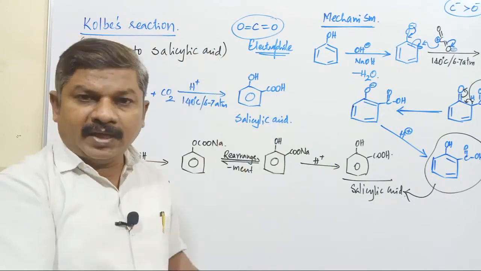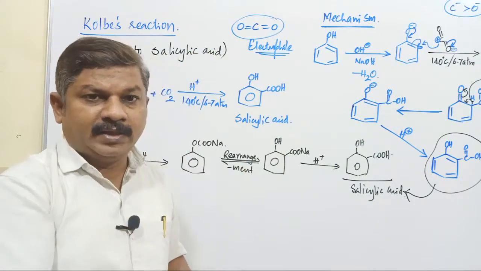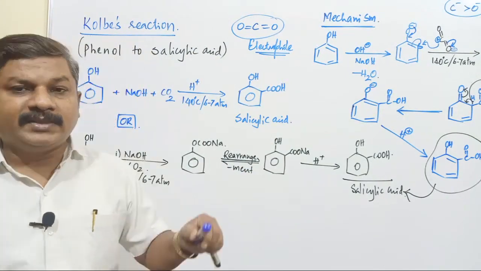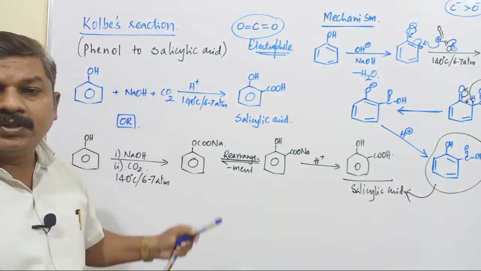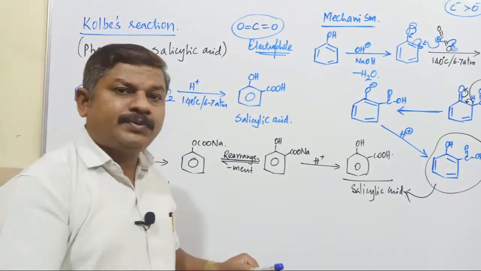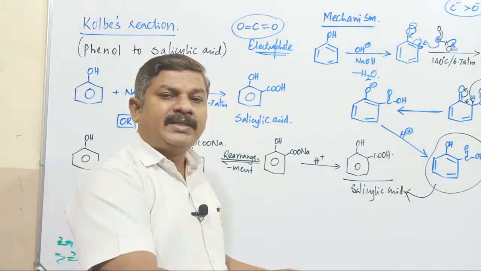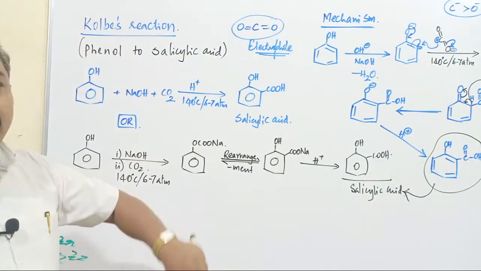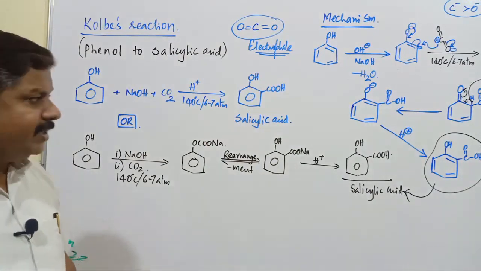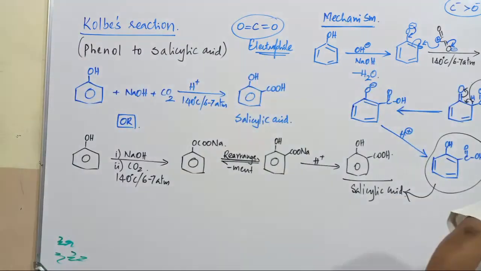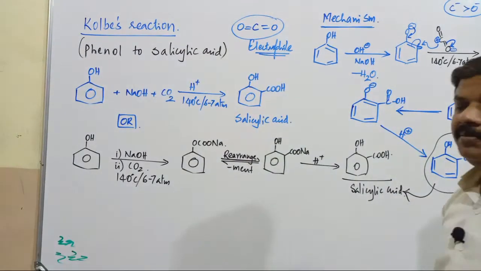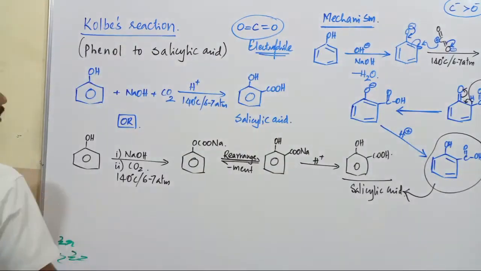You write any reaction for the conversion of phenol to salicylic acid. If they ask for the reagent, if it is CCl4, you have to go with Reimer-Tiemann reaction. If it is carbon dioxide, then you have to consider what? Kolbe's reaction. That is the difference. Simply, if they ask to explain the conversion of phenol to salicylic acid, either you can go with this reaction or you can consider Reimer-Tiemann reaction. But if the reagents are found to be this one, it is Kolbe's reaction, and instead of that, if it is going to be what? CCl4, then it is Reimer-Tiemann reaction. Copy this reaction, we will go to the next reaction, Kolbe's reaction.